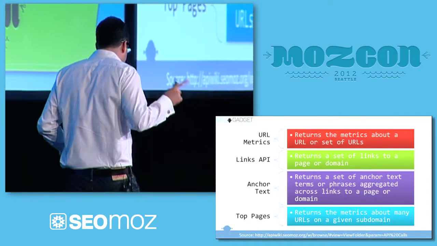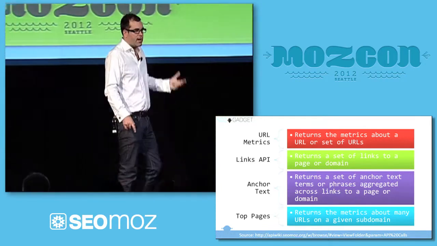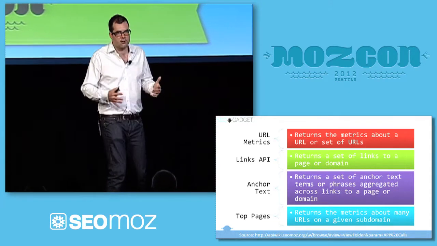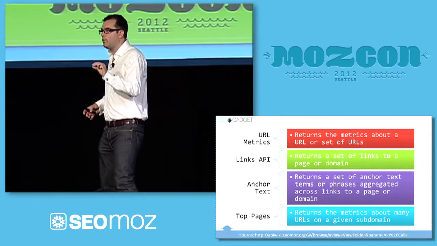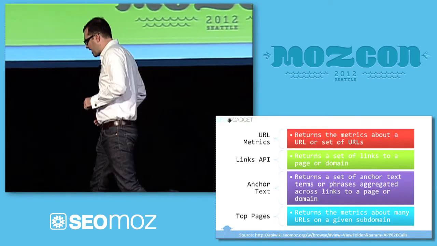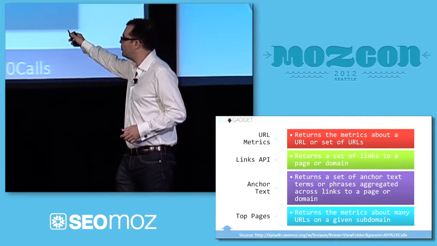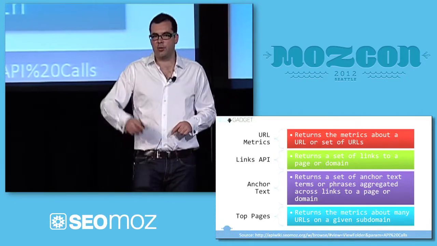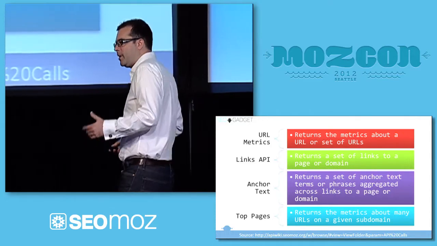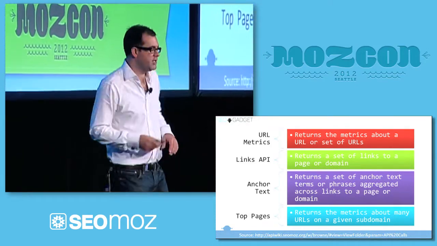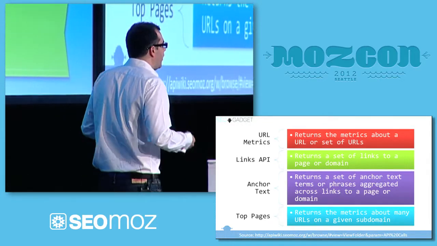We've all been using URL metrics, which is the thing that spits out page authority, domain authority, total linking root domains to the subdomain, if you're a pro member, all of that stuff, right? So that's the one that we all know. It's the one that all of the Google Docs hacks work with. But there's 3 more, and they're super exciting. Top pages. You know the report in Open Site Explorer that tells you your most linked to pages on your site? Top pages on domain is the top pages API. It returns a list of URLs in order of the number of linking root domains to each URL.